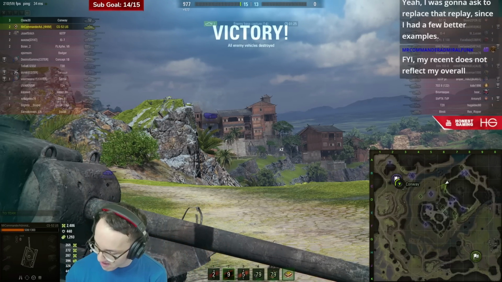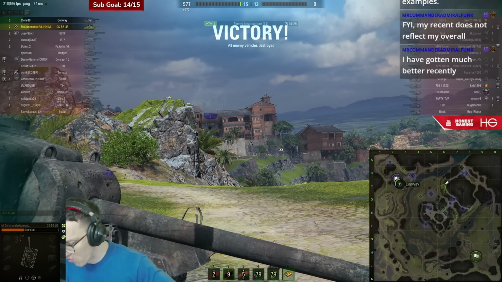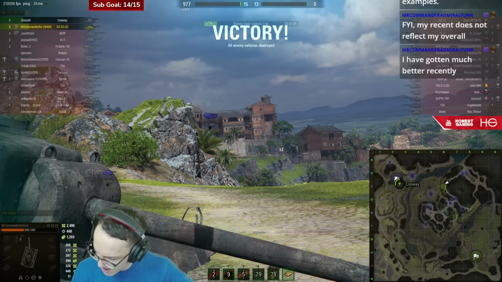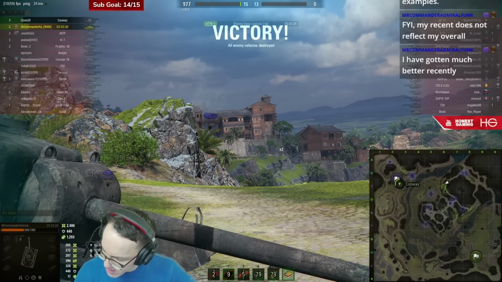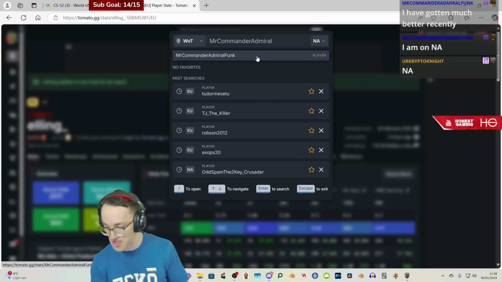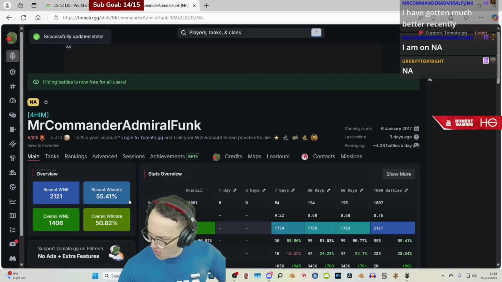I'll go 50.85. And for WN8, I will go 1,230. No, I'll go 1,332. On NA, okay, let's see. I hope I get this right so I don't have to log into NA. Let's see. Oh, that